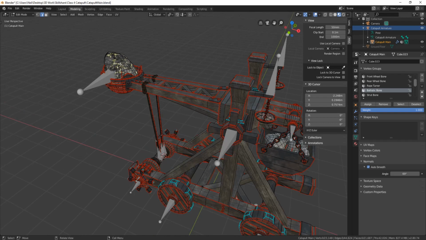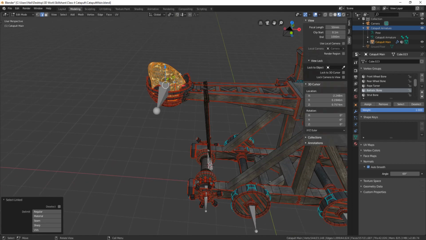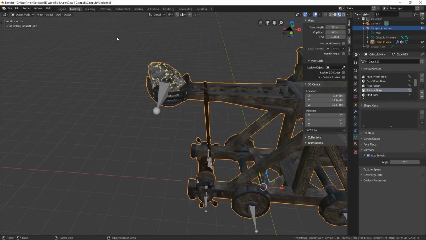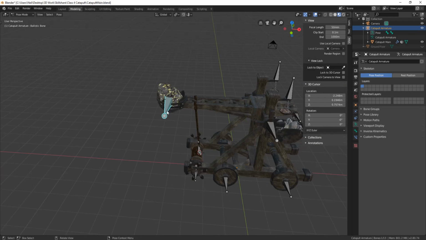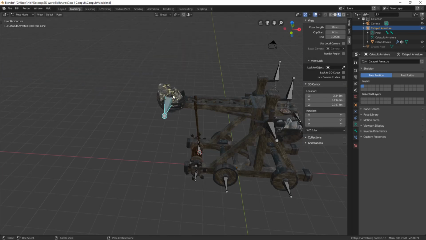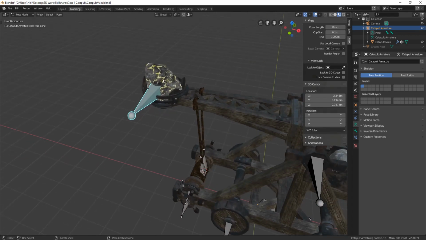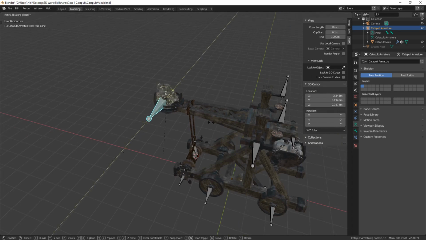And then I'll come in and I'll select this piece of mesh here, and this is the ballistics bone, so I only want this piece of mesh selected. Come over again to the right hand side and click assign with this on 1. What this will do is, if I come to object mode, click on my bones and go to pose mode, now when I grab this bone and I press G, you'll see that the full weight of this bone is now attached to this piece of mesh here,